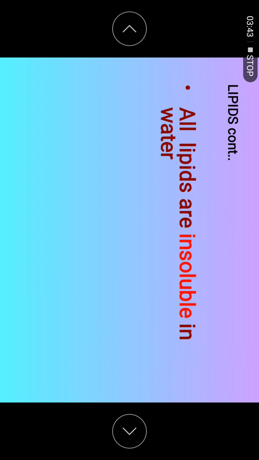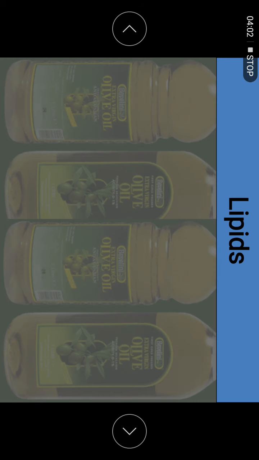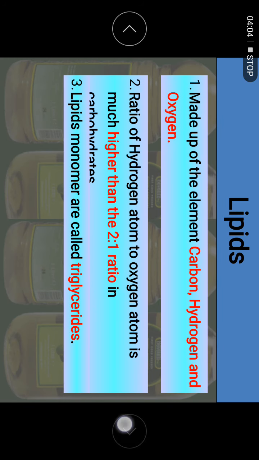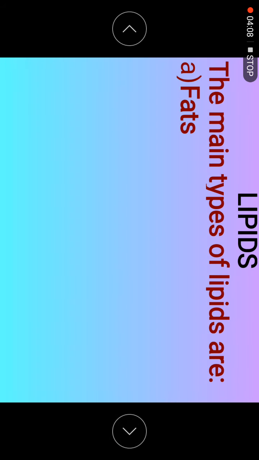All lipids are insoluble, they cannot dissolve in water. So how do we dissolve lipids? If they cannot dissolve in water, they must be dissolved in other substances, which are organic substances such as ether and ethanol. So this is the summary for these lipids. Just read through. There are types of